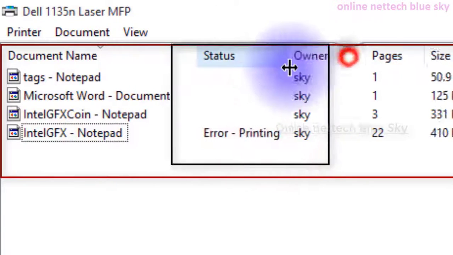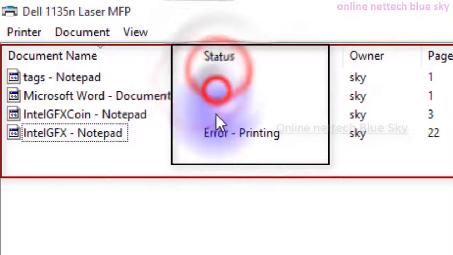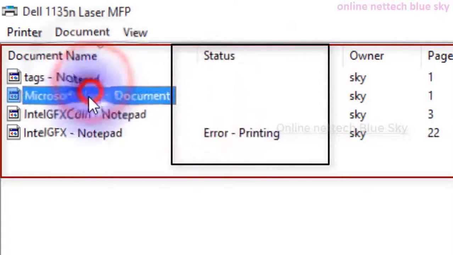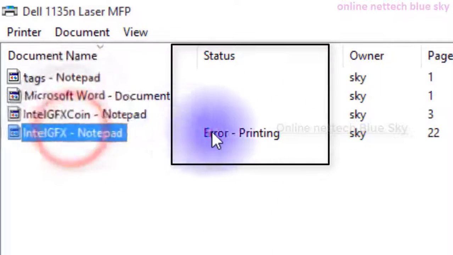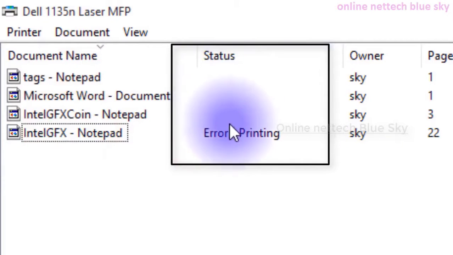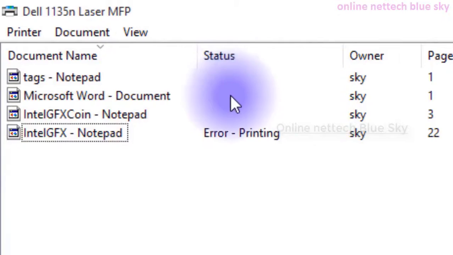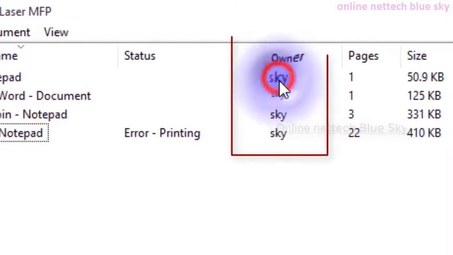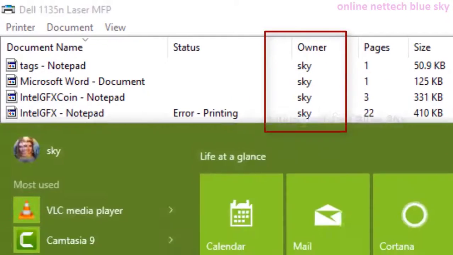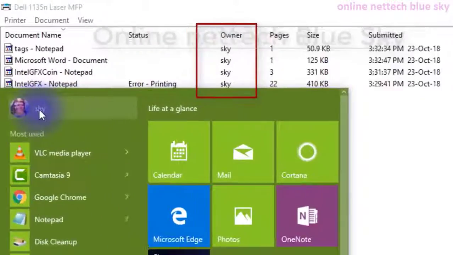Why? Because all of them are in the same condition. So maybe one file passed and completed, so the status shows complete here, but the rest are all in the same error condition while printing. So this type shows an empty message here.